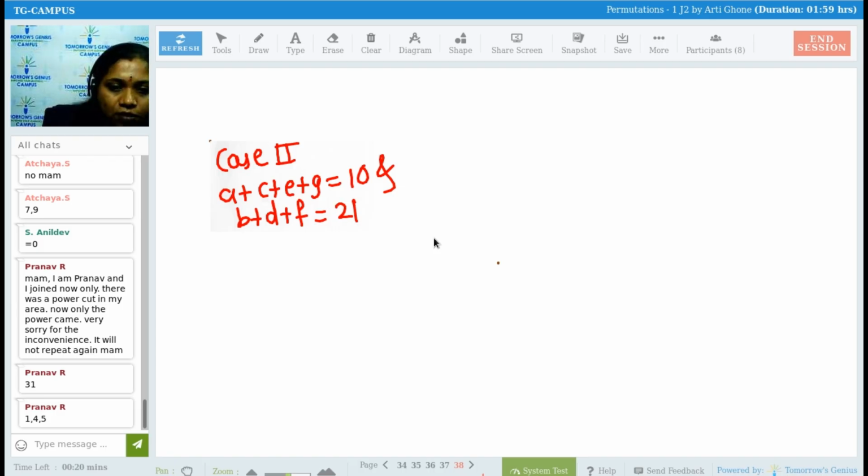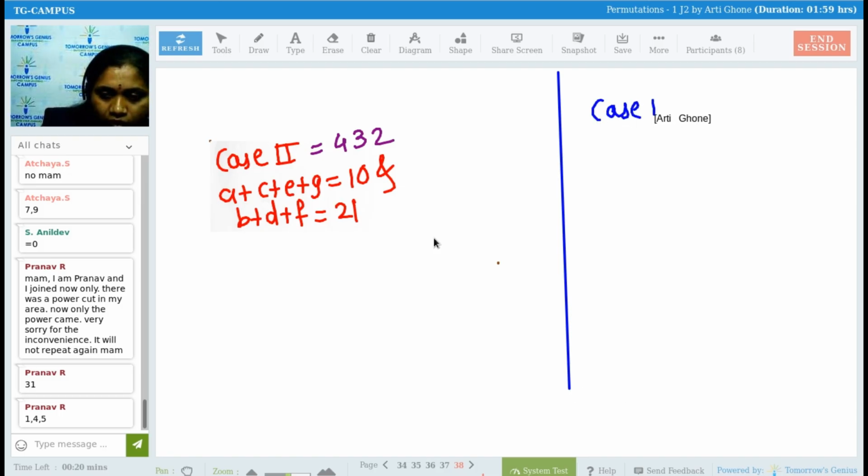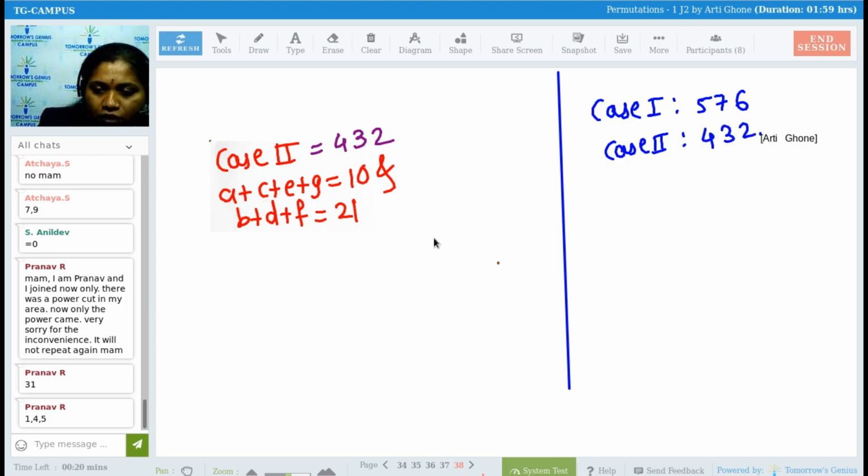So for case 2, the answer comes to 432. How it comes, think on it later on. Like splitting only, you have to come across the same thing. And then in case 1, we are producing the answer 576. Sorry, in case 2, we are producing 144 and 432, and the addition is,